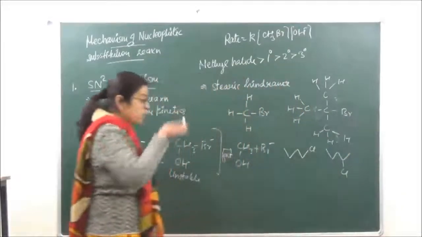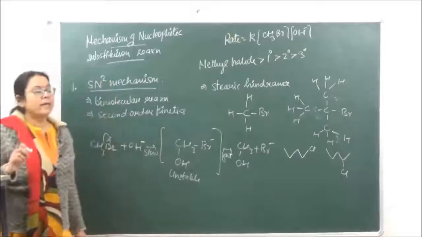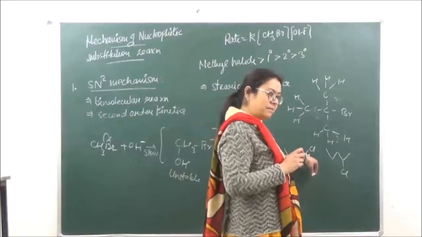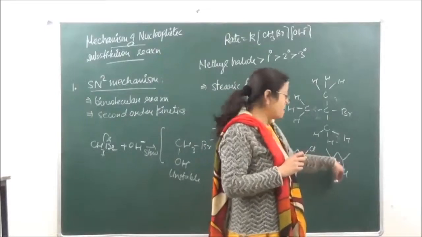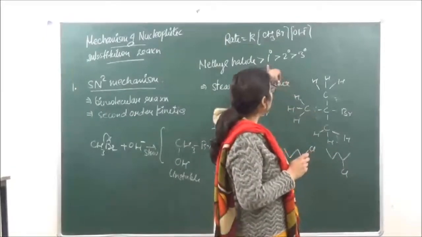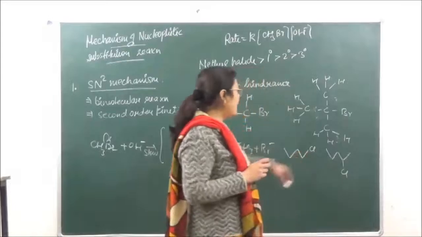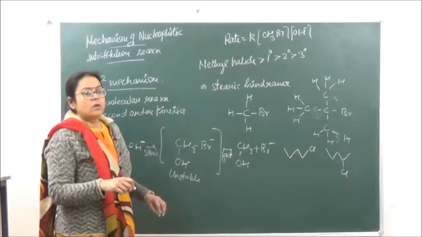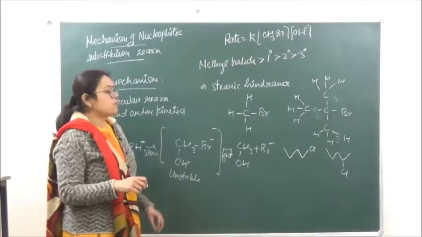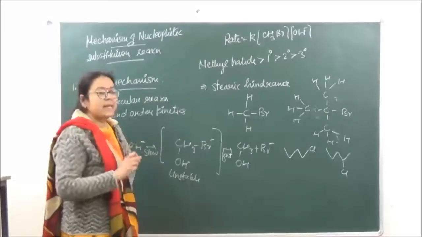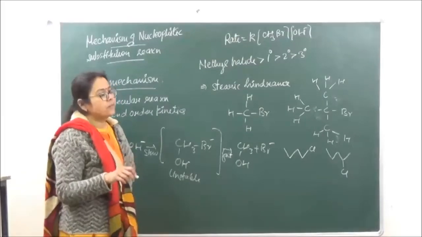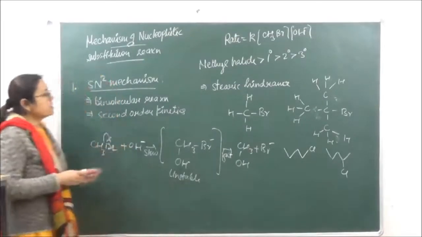So they will ask you which of the following will undergo SN2 mechanism faster. In this case, this is going to be the primary, 1 degree, and this is 2 degree. So according to the trend over here, 1 degree is going to go into SN2 mechanism faster with respect to the second. So this is the type of question which you generally get in your examination. Okay, so this is the first mechanism.